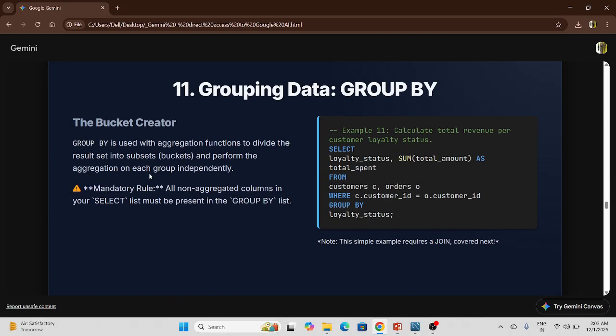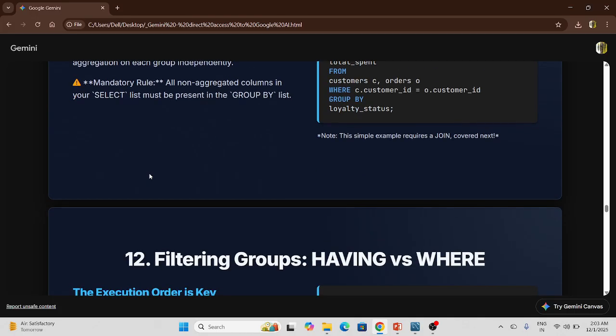Okay. Next is grouping data. Grouping data is like, we'll be having various categories to group with. We can group by city, so that we can find the number of customers that are present in a particular city. We can group by the loyalty status also. Here they have used a formula to calculate total revenue per customer loyalty status. Okay. So here as a result,